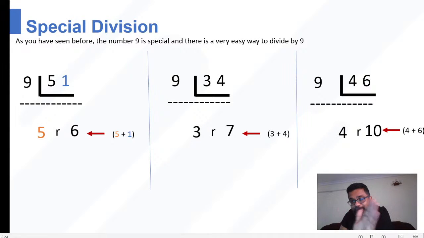Now your remainder cannot be 10, right? The moment you see it greater than your divisor, that is greater than 9 there, you got to give away one 9 off. All right, when you give away one 9, the quotient increases by one more 9, so that means it is 5 9s, right? Remember, the quotient, when I'm telling 4, that means I'm telling it is 4 into 9, right? So now it will be 5 into 9, so 5 9s, right? And remainder of 1. Okay, so I hope that was very clear.